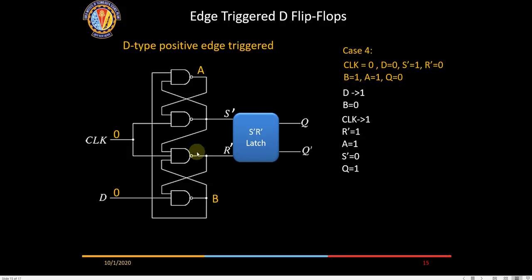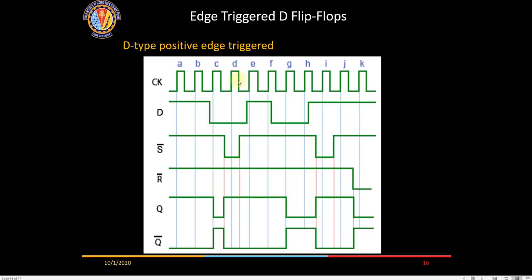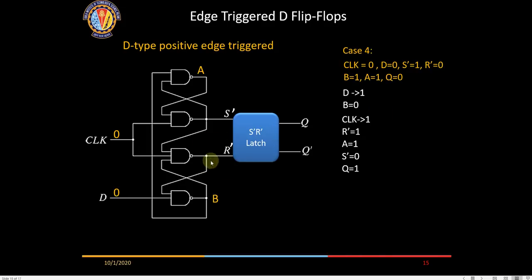We essentially have to know how, with this clock, the Q and Q bar outputs get slaved to D. It is always during the positive edge. It is very simple: during the positive edge, whatever is the value of D will get captured. Yes, these are only edge triggered, so these kinds of circuits will not have any race around conditions.